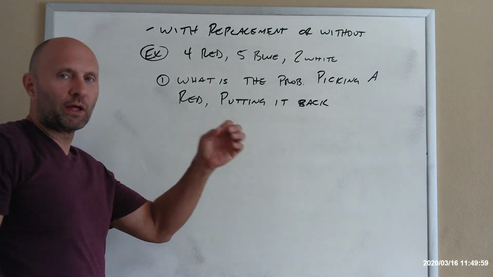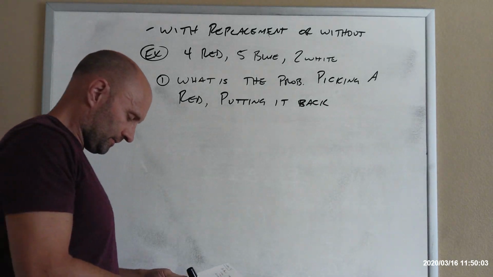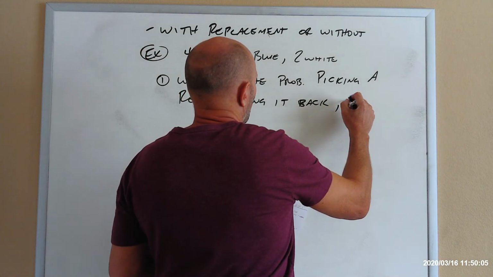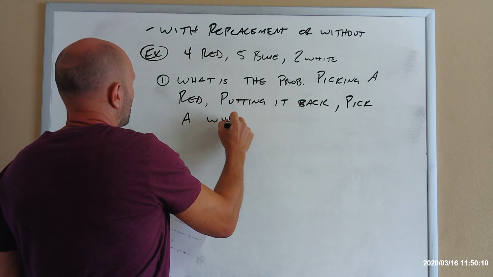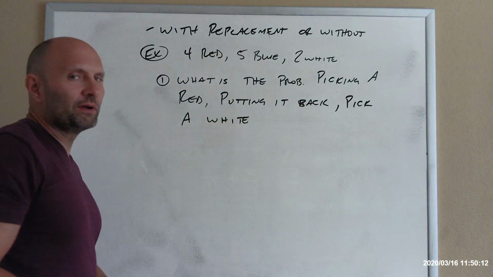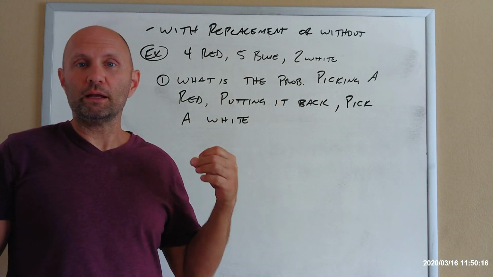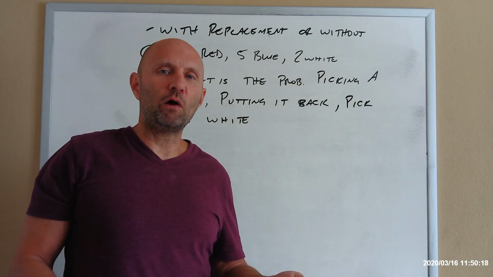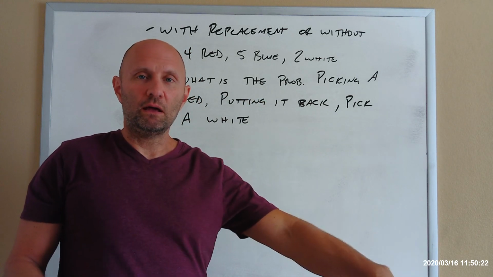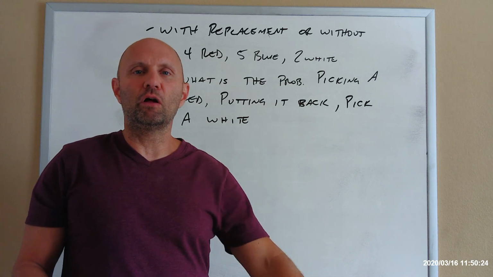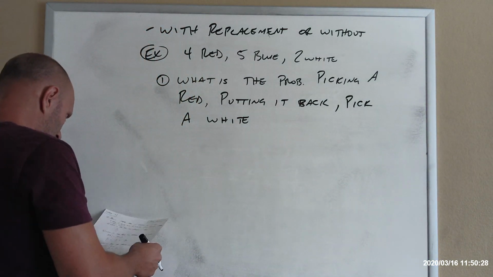So we take a red marble, we replace it, we put it back in the jar, and then pick a white. So in the previous example, we were just picking one marble. Is it red? Is it white? Is it blue? But now we want to know, okay, I pick a marble, what's the probability it's red? I put it back in the jar, mix them all up, pull out another marble, is it white? So that probability then,